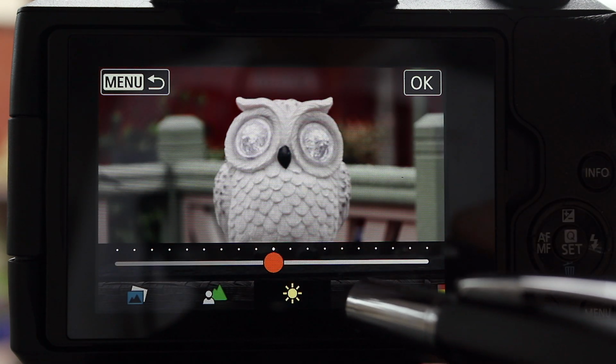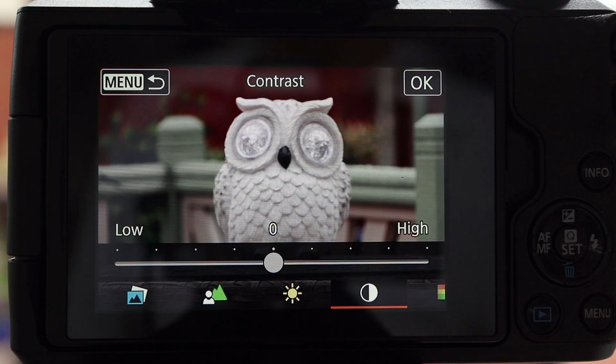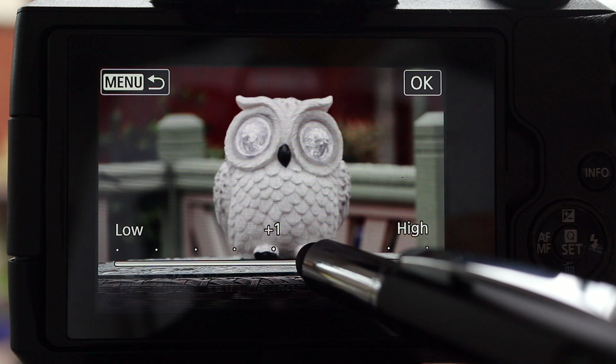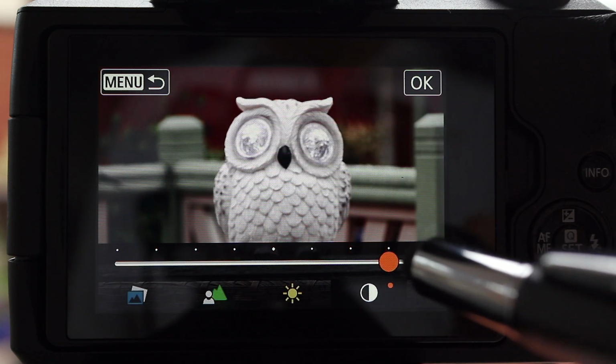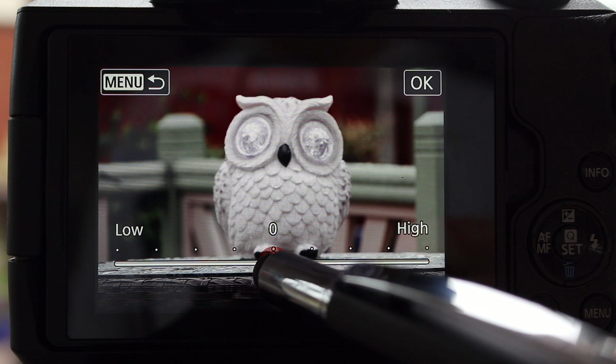We've also got control over the contrast. If you wanted to change the way that the image is being recorded, if you were in a dull overcast situation, you might want to make your image appear to be more contrasty, and that way you can move the image over to the right hand side here. You can see that this image is now becoming more contrasty than the default in the middle.